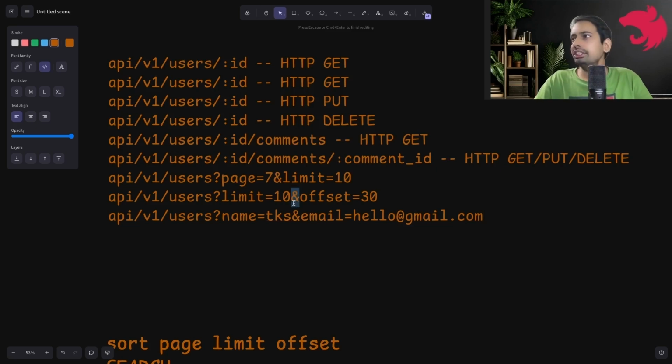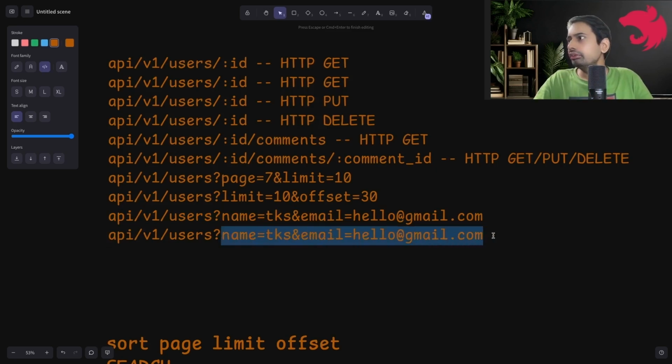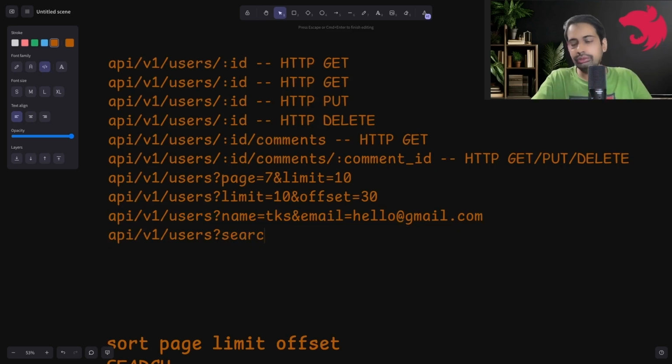This is pagination, this is filtering, and you can also provide a search, where you can simply say, give me where search term equals text. Then your API needs to define where it is going to search, which search term. You might be searching in the name, or you can simply provide name equal to text, right?